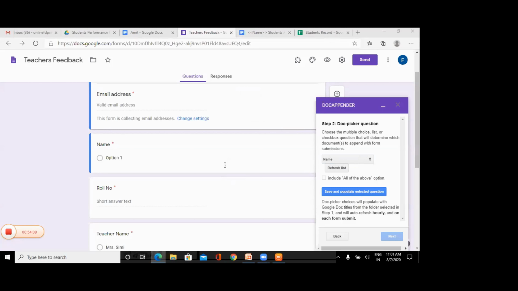Refresh list is not activating for me. Okay, no problem. Just close it and refresh this form, and then go to add-ons and click Doc Appender. Open this window again, and then you will get the list.